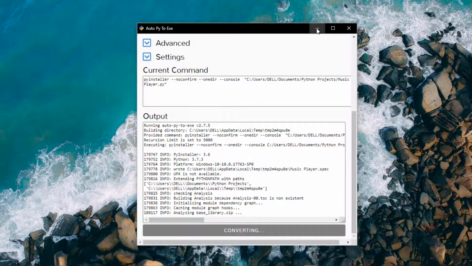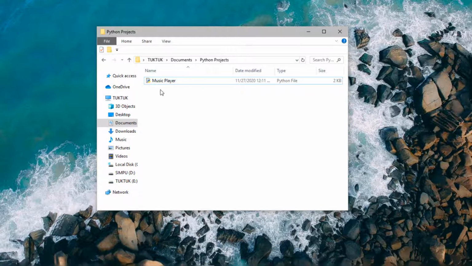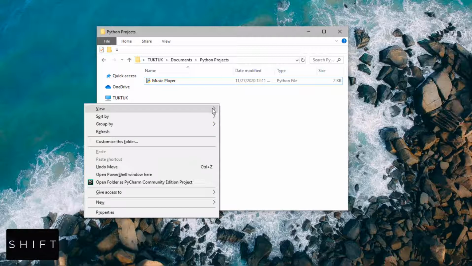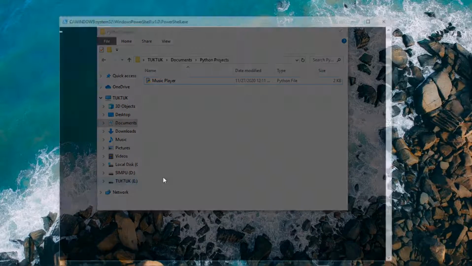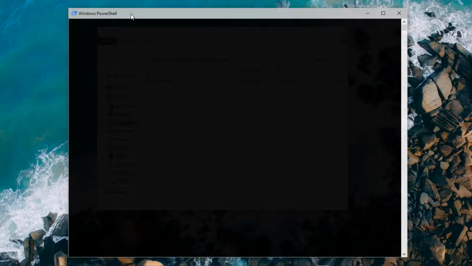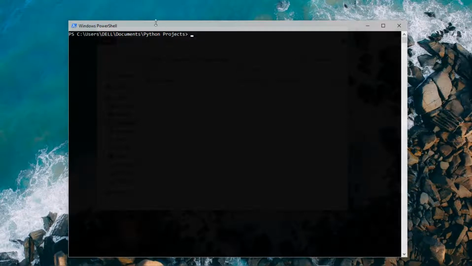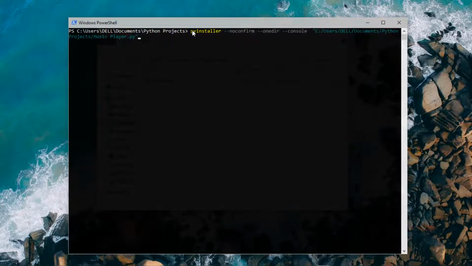So let's minimize this and let me show you how you can convert this file manually by using Python. What you need to do is pip install PyInstaller in your command prompt. After doing so, shift-click to open a PowerShell window here, and now when you have your PowerShell window, you need to type some commands. These commands are of the basic Python language which we will be using. Now we have multiple lines of code and flags in order to create an exe file. Once you have this PowerShell window, you need to paste this command.